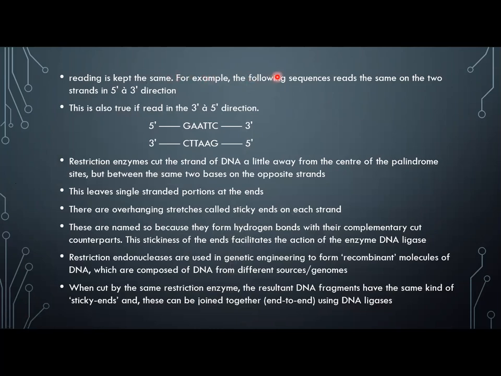Reading is kept the same. For example, the following sequences read the same on the 2 strands in the 5' to 3' direction. This is also true if read in the 3' to 5' direction. 5' GAATTC 3' and 3' CTTAAG 5'. Restriction enzymes cut the strand of DNA a little away from the center of the palindrome